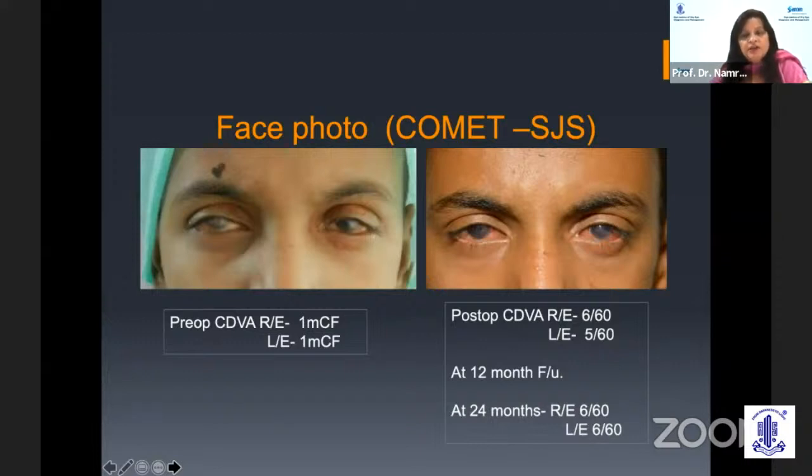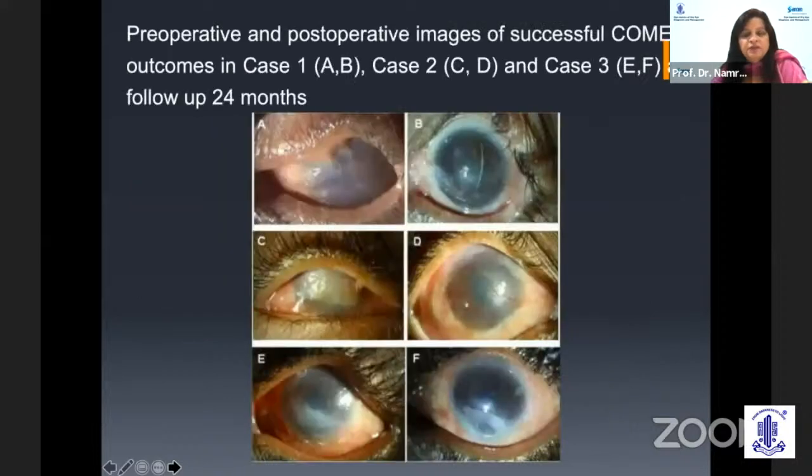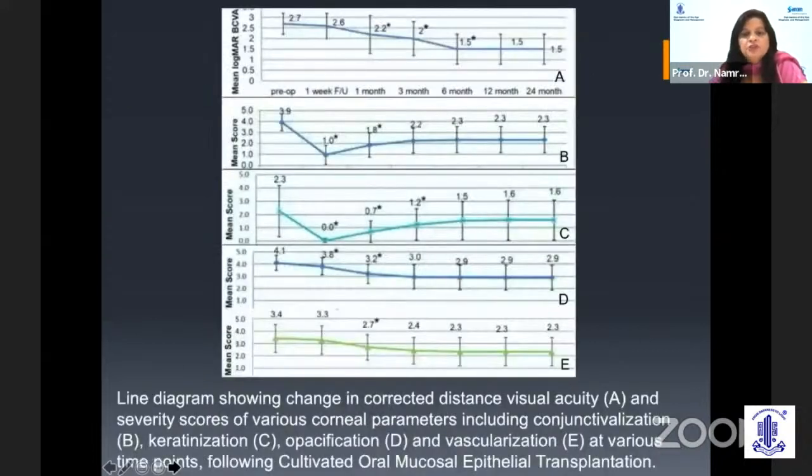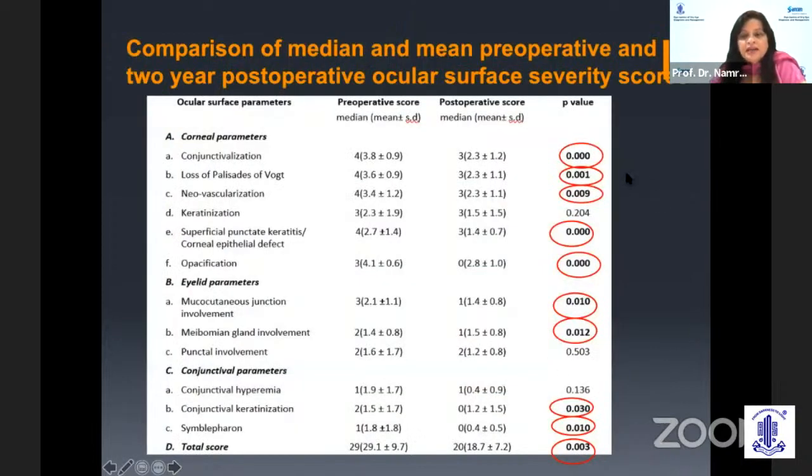Patients did become ambulatory, and they were removed from the blindness category after doing COMET. Although they will not obtain 6/6, still they will be ambulatory and will have 6/60 or 6/24 vision, which is good enough. And for all the parameters, we found that there was a difference, whether it was opacification, vascularization, best corrected visual acuity. And again, look at all the corneal parameters, the eyelid parameters, the conjunctival parameters, where COMET did make a difference